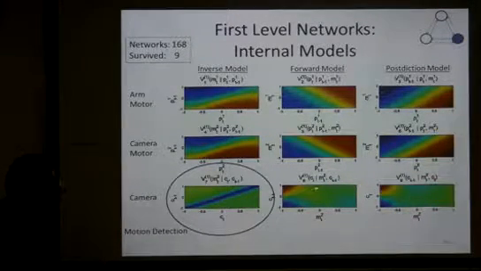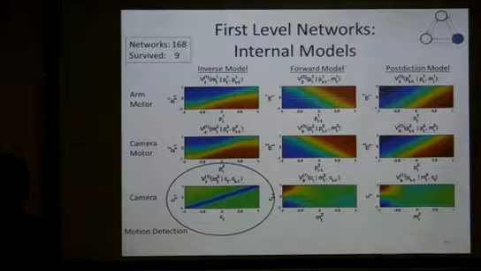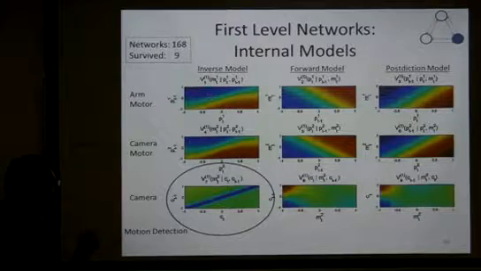This is actually the forward model of the pixel. Given my pixel now, and I move the camera, what will the pixel be in the next time step? And I can predict it only when I don't move. Okay, so that actually conforms to this whole thing. Okay? So these are the only 9 things that were learned.